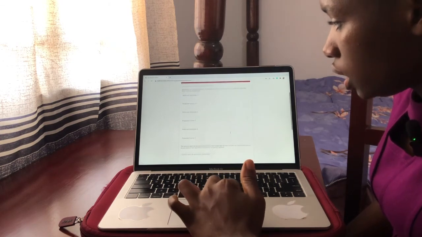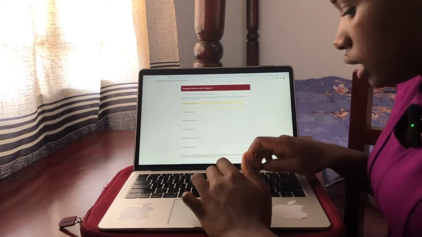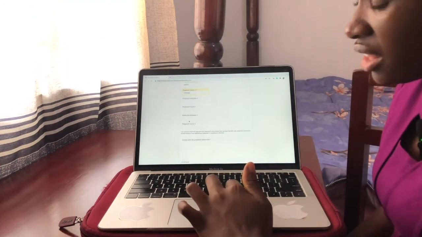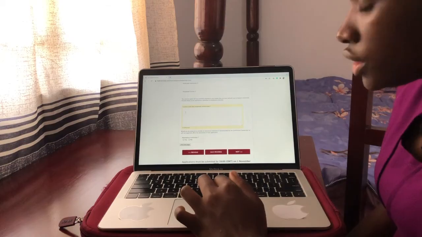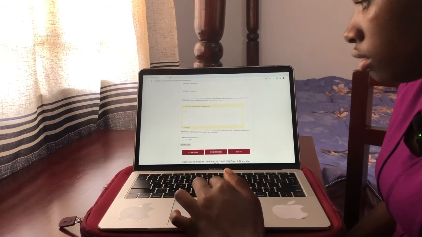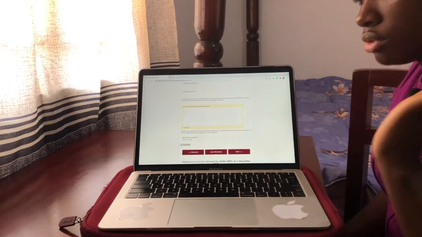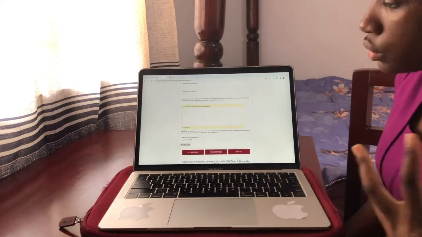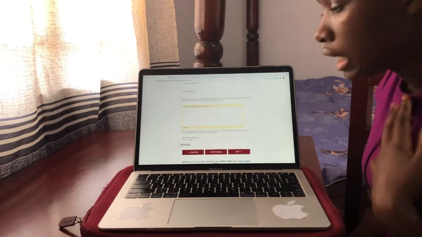Preferred institution here. Preferred institution, you can choose any institution. Let me just write, and then you can write other universities here, and then their courses, and then they want to know if you have made any contact with the proposed universities. You can say you have applied. I can give you an example. I have applied to this university and I'm waiting for their response. I have not submitted my application, but I'm writing the application currently.